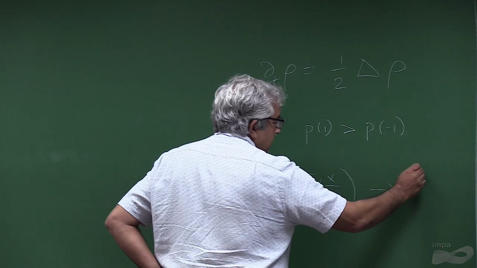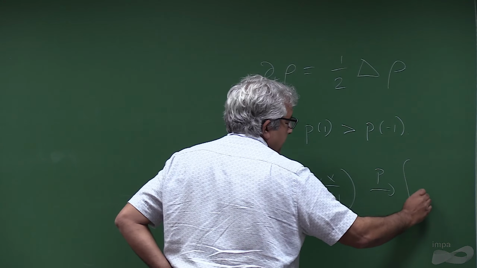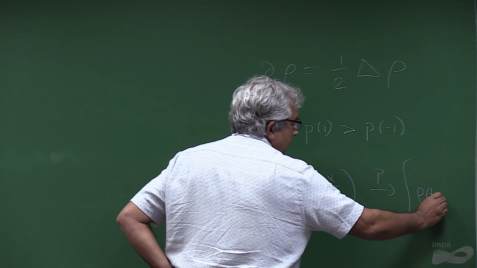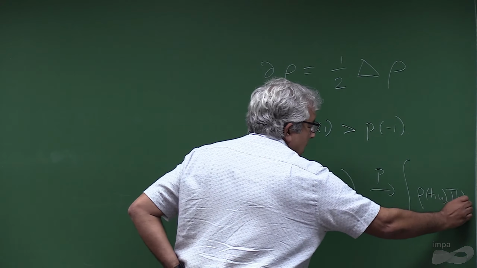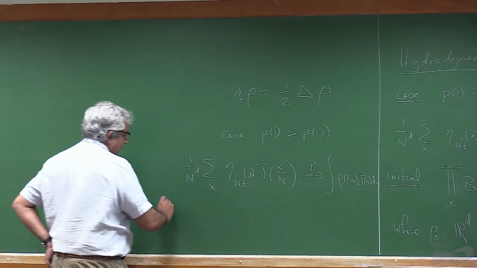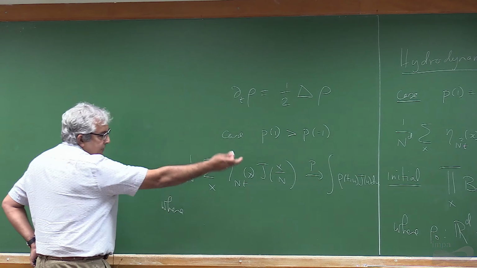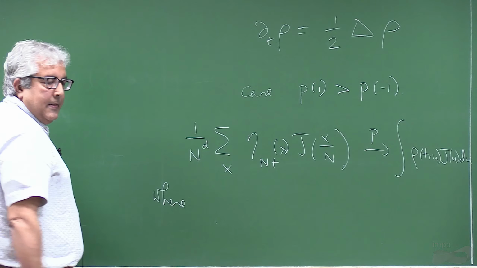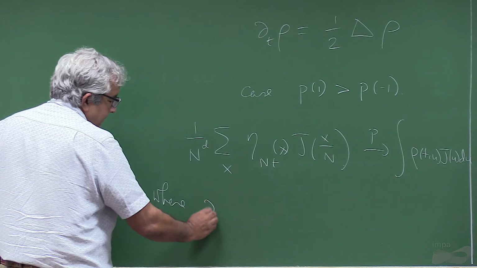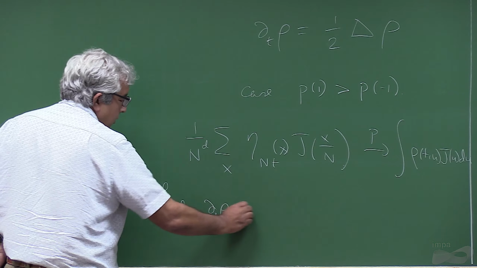And this will go to the same thing, and let's say we start from the same initial condition, where d_t rho plus